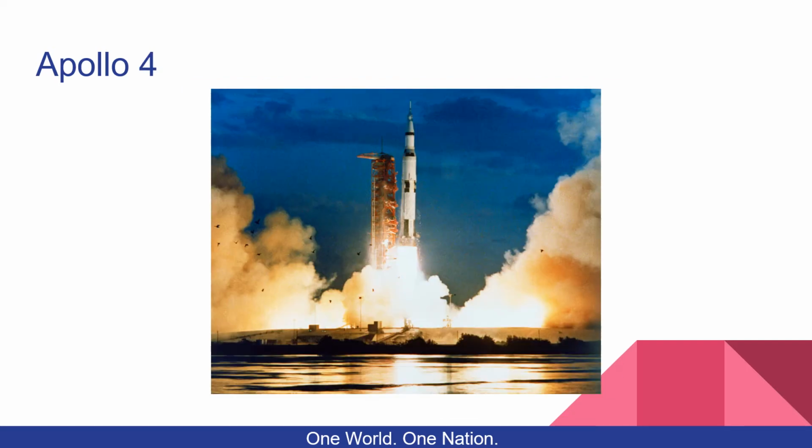Apollo 4 was an unmanned mission, meaning that the spacecraft was controlled remotely without a crew on board. It lifted off on November 9, 1967. It was the first test flight of the Saturn V rocket and was also the first to launch from the Kennedy Space Center. The mission simulated a trip to the moon and back, which was important because it allowed NASA to see what systems worked and which ones needed improvement. Apollo 4 had a successful entry, and after the tragedy of Apollo 1, it brought confidence and hope of a manned mission to the moon.